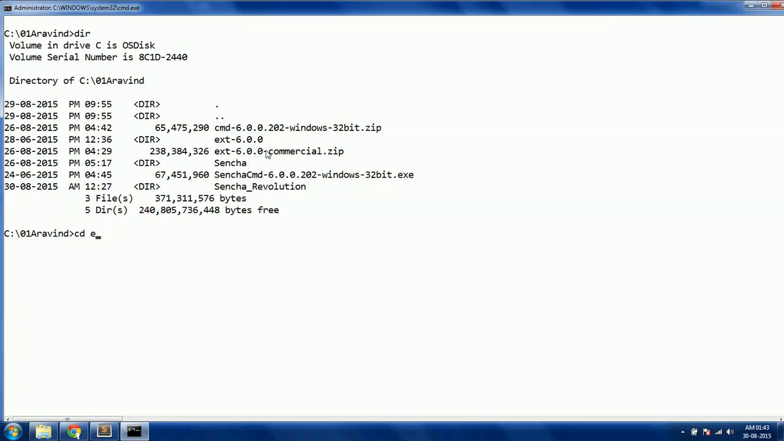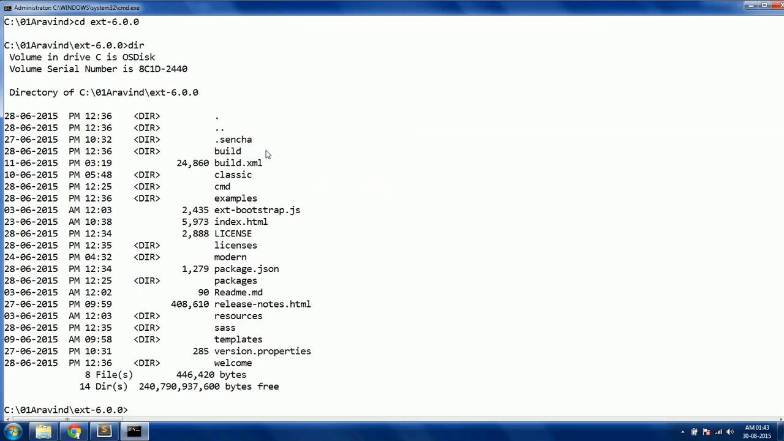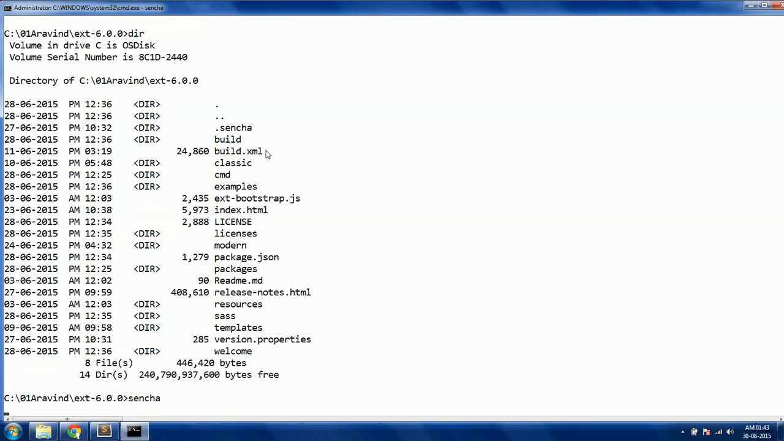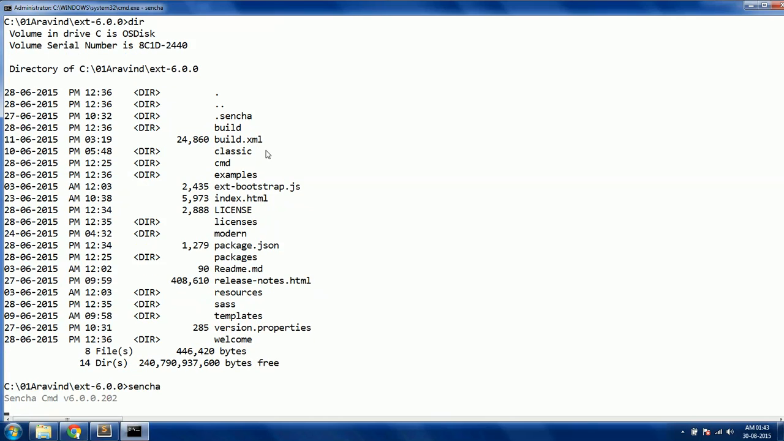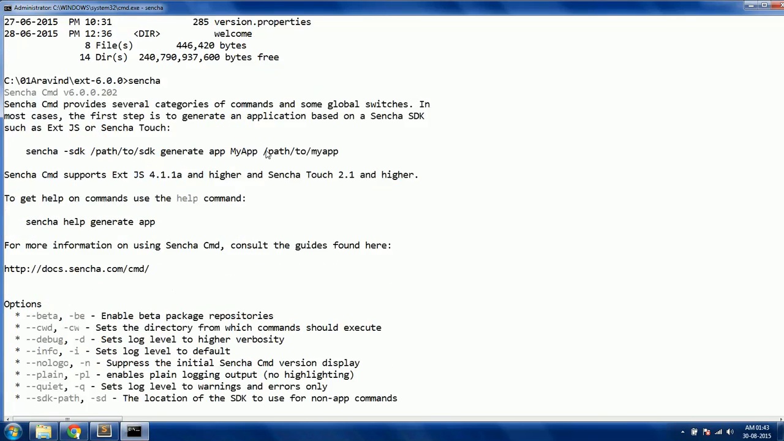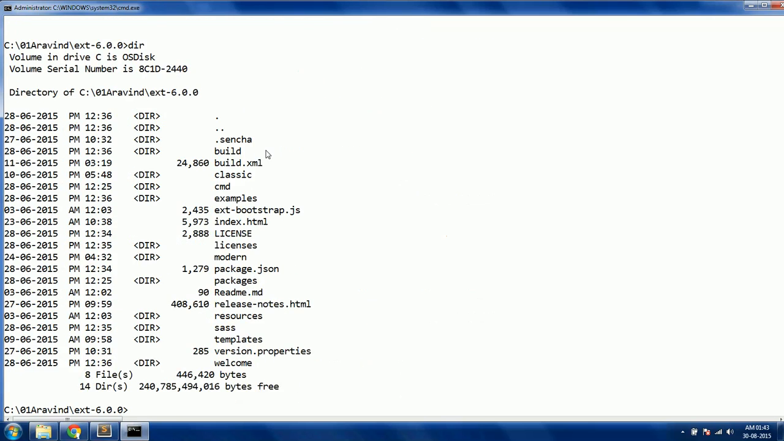Once the SDK folder is available and Sencha Command is installed, you will be able to access Sencha, and you will get the SDK files. These are your Sencha SDK files. So now we are inside the SDK folder. Now we need to generate our personal workspace